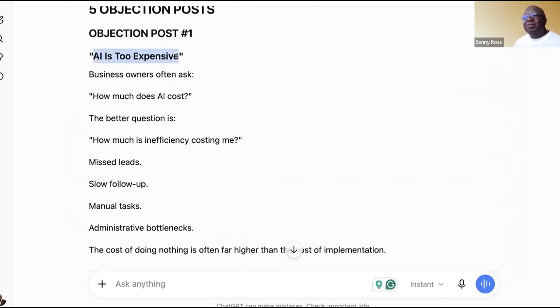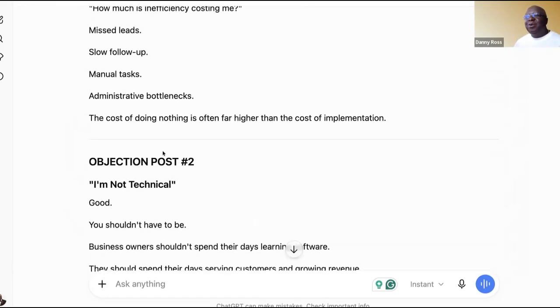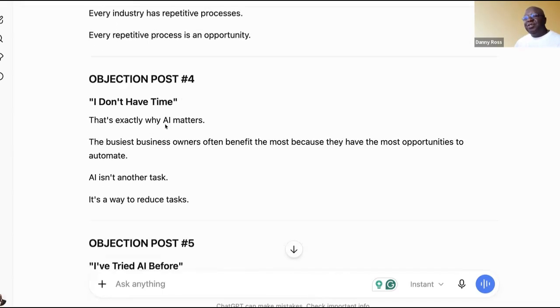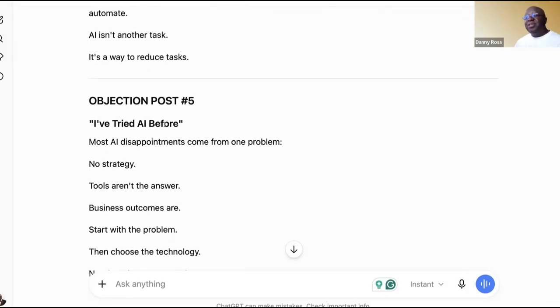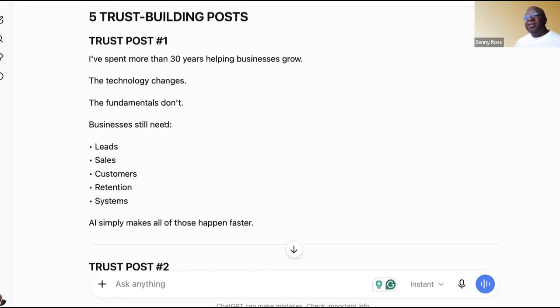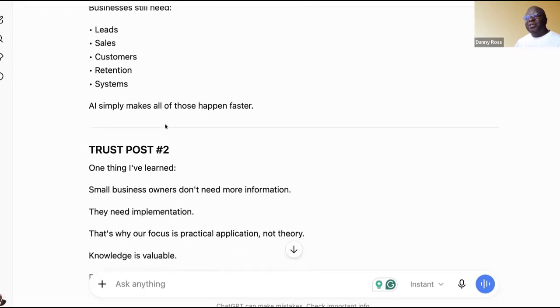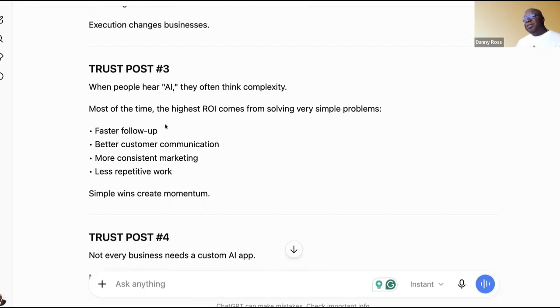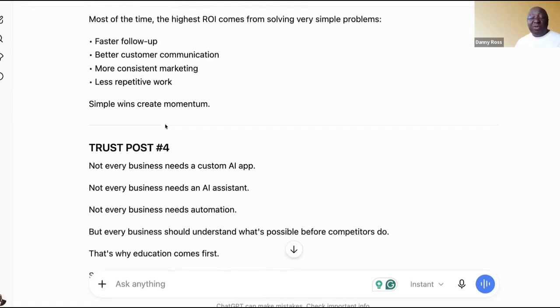AI is too expensive. That's pretty simple. They're like, what do you mean? All right. And then you can go into the concepts, and then something like I'm not technical. These are all objections that you would answer 24 hours a day, 7 days a week in your FAQs or in the AI agents we're going to build next week. We're going to talk about AI agents that are going to be answering these questions. The simplest form of those are chatbots that live on your website that you train up on all of these.